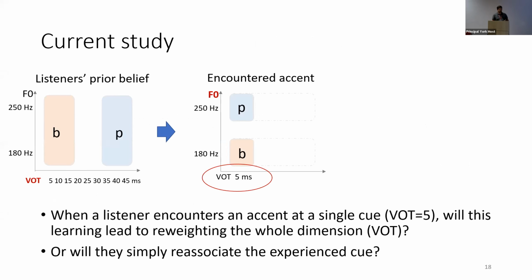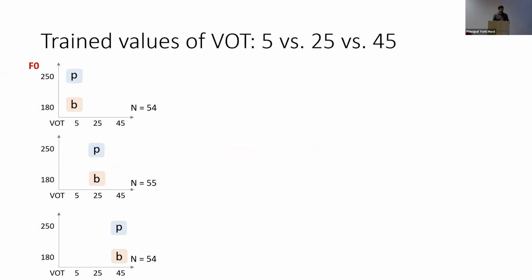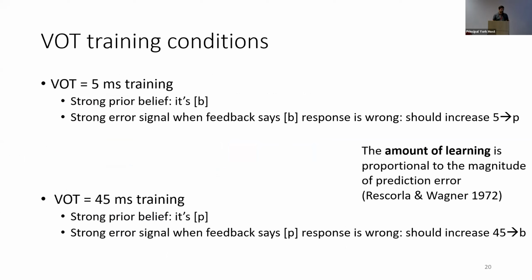Here, we're just giving them one value like VOT5 in training. So some people were trained on VOT5, some were trained on VOT25, and some were trained on VOT45, and the feedback was always 50-50, as in the other study. And the reason we have 5, 25, and 45 is that there's different amounts of prediction error for English listeners